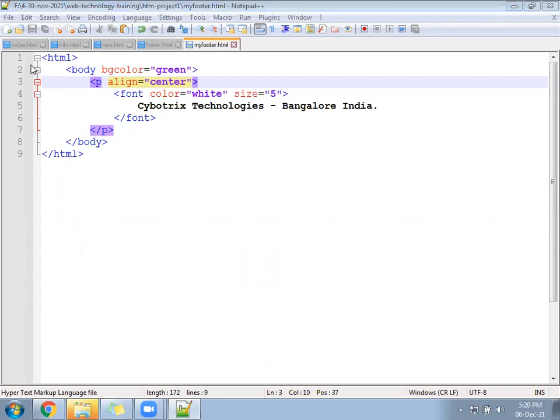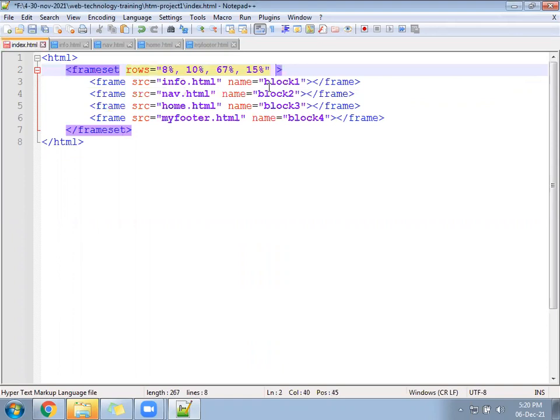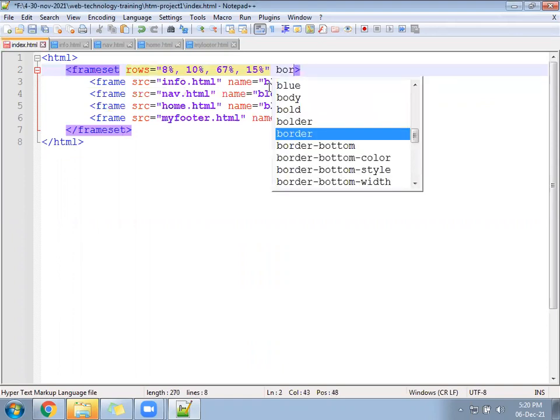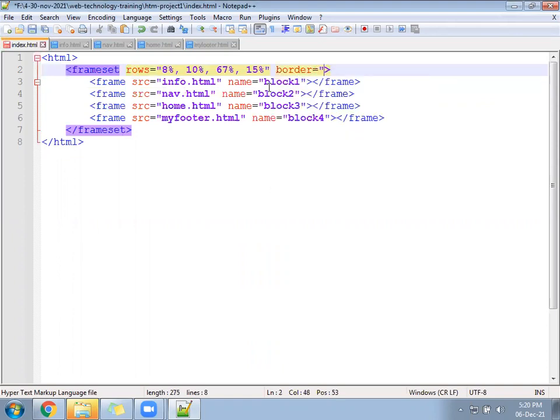So go to the index file. In the index file for the frameset, you will write border equal to 0. Then you check, the page is looking fully clean.